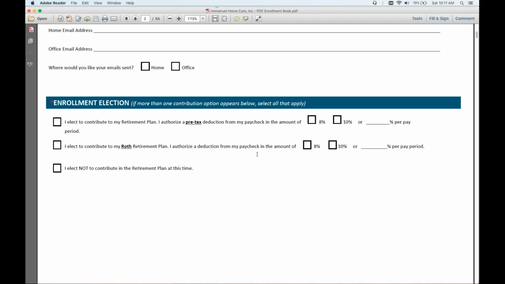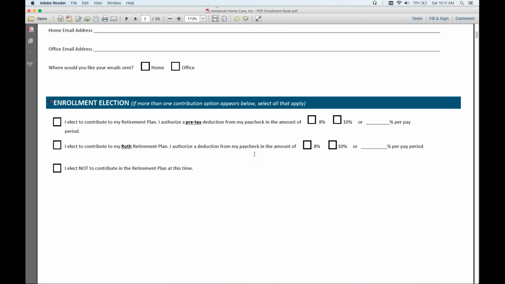What's also important is part of the 401k plan, and the benefit in the 401k plan from the company, is there's what's called a safe harbor match that's available for those who do want to participate in the plan. The safe harbor match is a company match, and that is a calculation off of what you put in. And I'm going to say it a couple different ways. It's 100% on the first 3% that you put in, and then 50% on the next 2, from 4 to